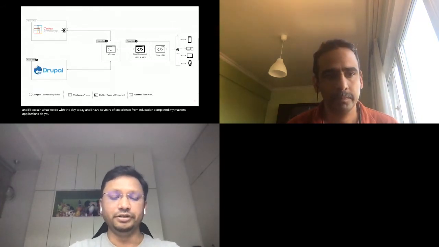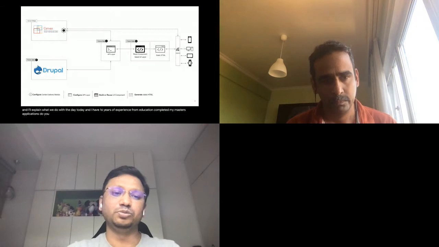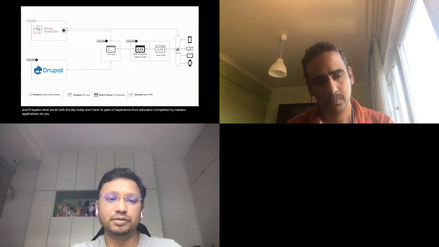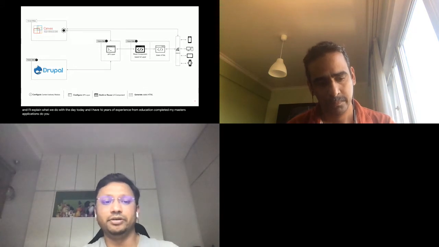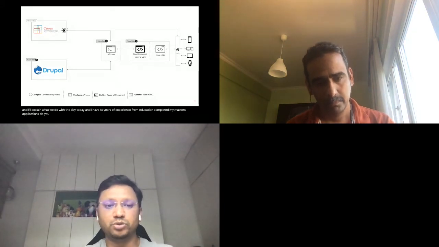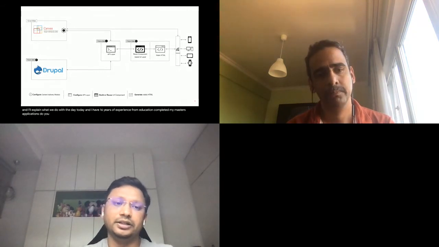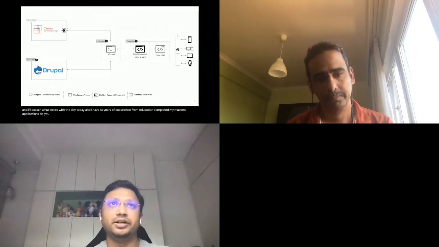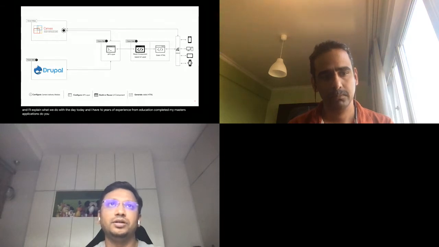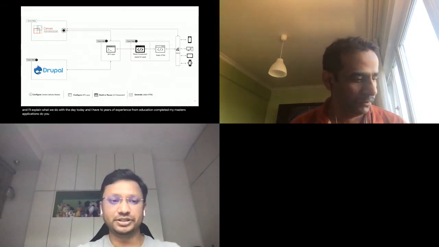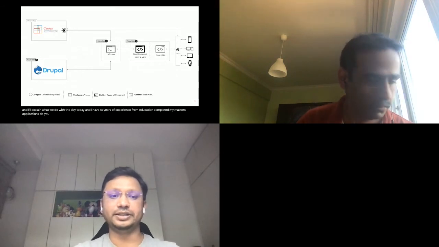In the future state, since Drupal 7, we wanted to leverage the headless capabilities of Drupal, and we wanted to migrate from Drupal 7 to either Drupal 8 or Drupal 9. Considering our current Canvas platform, which is a huge platform, the migration process will not be simple.